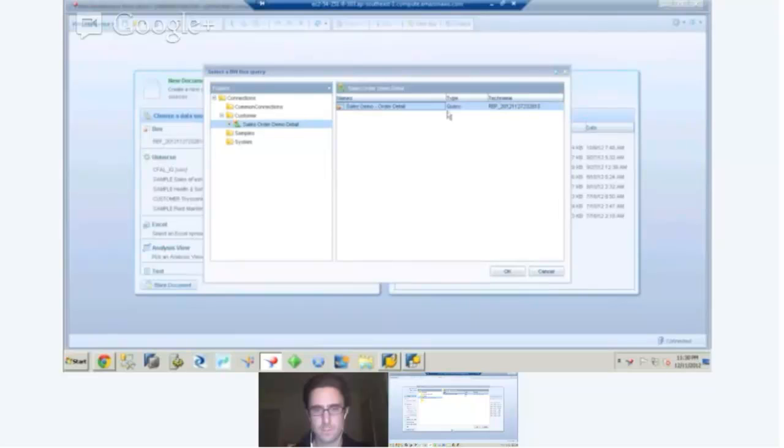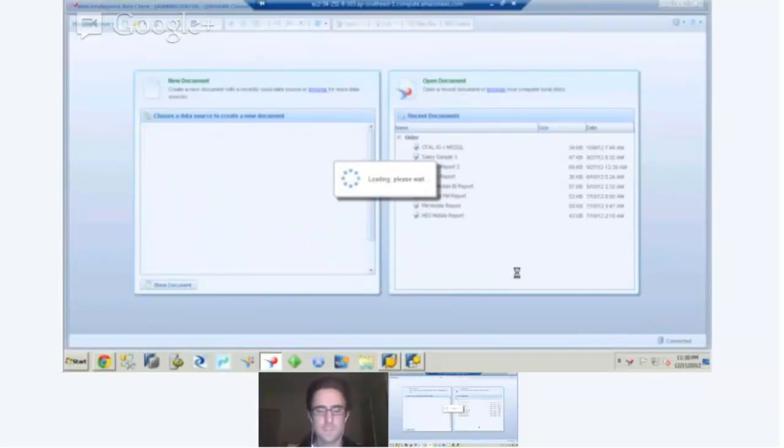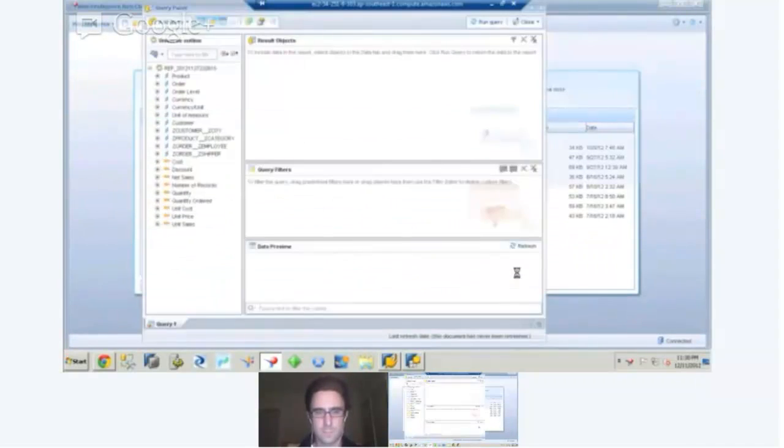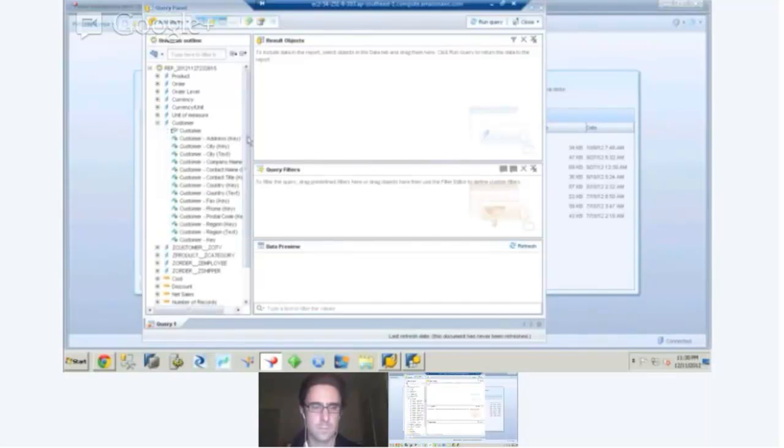And here is now our BEX query that we can connect to with the technical name. And we choose that, and now we get our query design panel, which effectively allows us to choose the components of the BEX query that we want to include in our report. As an example, we can see here we've got a lot of measures and, for those in BusinessObjects, dimensions. If we look at something like customer though,